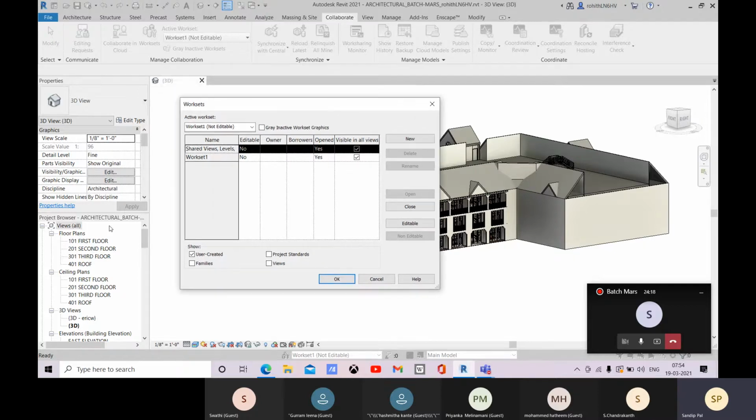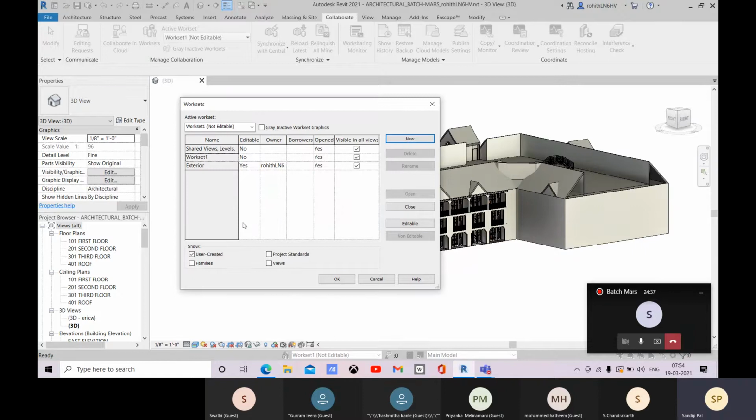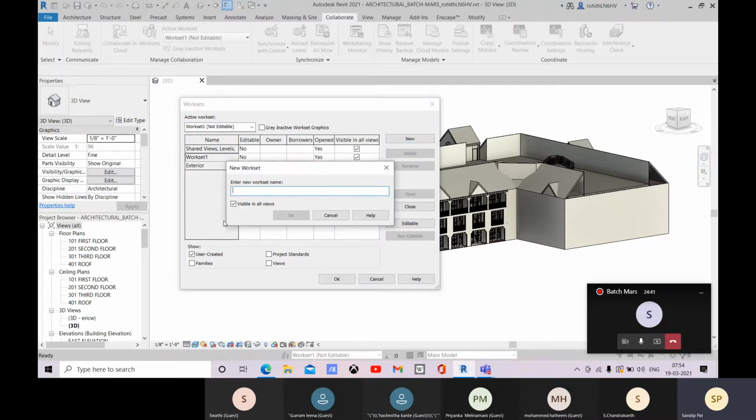Here the workset option is there, and let me create a new workset. So new workset. Let me go for exterior and click on OK. And let me go for new and interior.